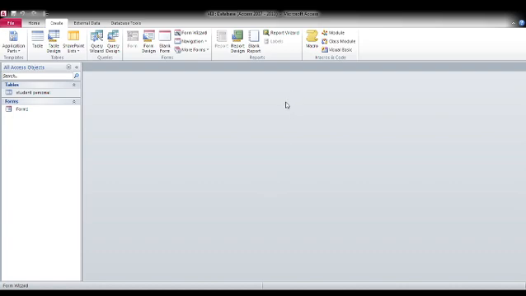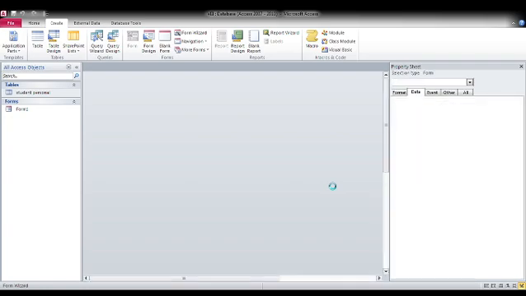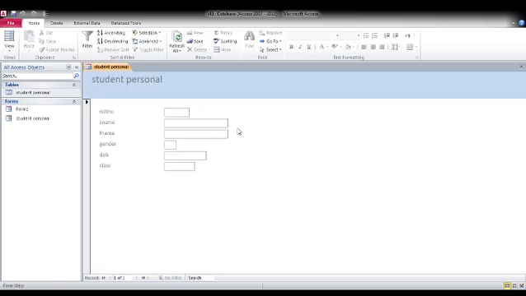Now here, which type of form do you want? You have many designs, so whichever you want you can have, it's your choice. Okay, so I am going for columnar. Now the name of the form, generally we keep the same name as the table name, so it doesn't create confusion about which table this form is of. By default that table is linked, so I am taking that same one. Now see, it's my table.